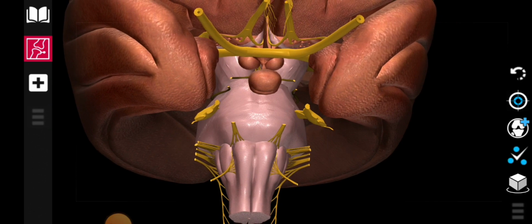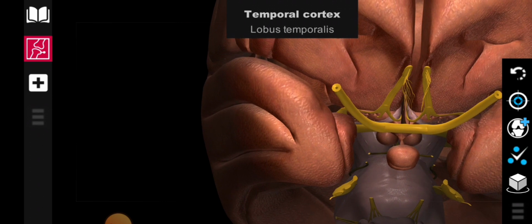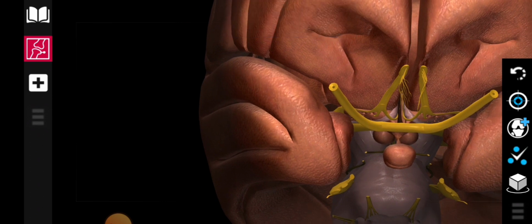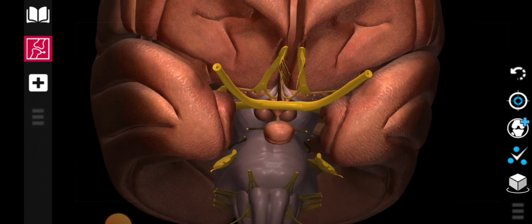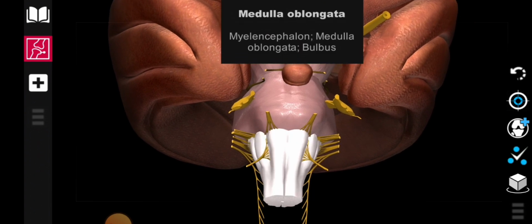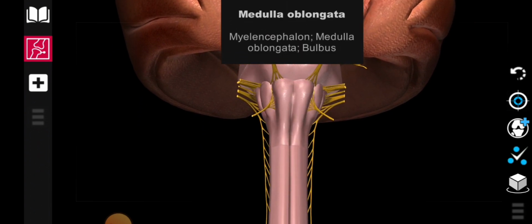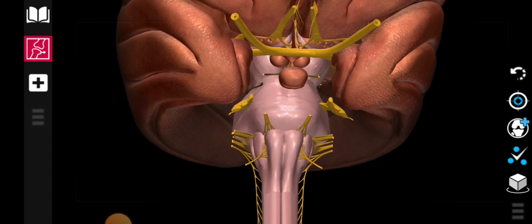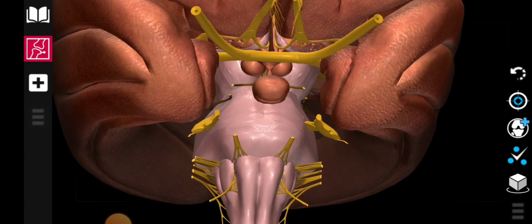Now let me repeat, this is the temporal cortex, or in general we would say the cerebral cortex, right? Okay, now I'm taking it to the center and you can see the midbrain. This is the pons and this is the medulla oblongata. Why is this important? Because we have to learn the internal structure of the pons, but before that we should